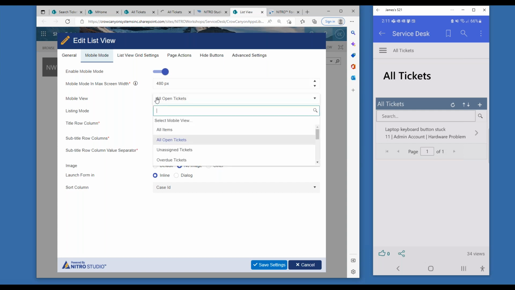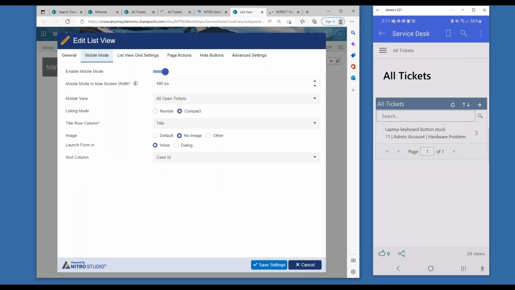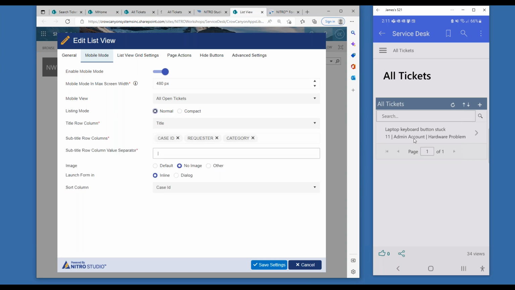We're going to pick our view, which is which view of the list. Right now with the mobile interface, you only have the option for one list view, not multiple list views. There's also a normal or compact mode. We can see what the difference is there. You can just show the title,